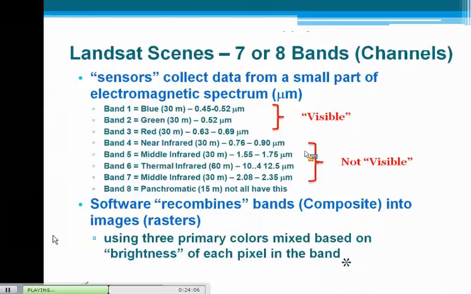Just a real quick overview, so you kind of know what I'm doing next. Landsat scenes come in with 7 or 8 different bands of data, and sometimes you see the word bands and sometimes you see the word channels. But really what